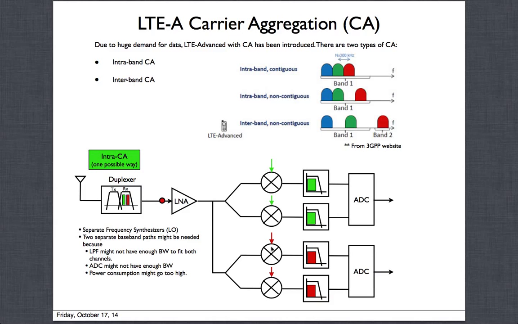So this red one could actually down convert such that we can filter out the red guy, which is in band, and everything else. So the green guy is out of band here. If I consider this, red is in band and the green is out of band. Green gets filtered out significantly. Then it goes to another ADC. So what it has done is it has doubled the number of ADCs. It has doubled the number of synthesizers because you need two different frequencies, right?